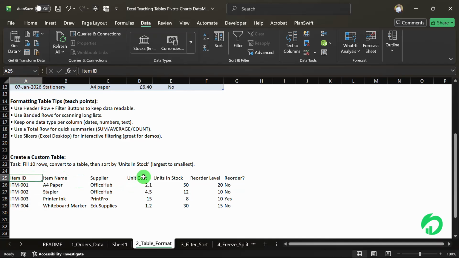If this column is talking about unit cost, everything under it should be your unit cost. If this column is talking about units in store, everything over here must be talking about units in store, so that you won't have things mixed up in the same column. These are the things you want to ensure. Once you name a column Name, everything under it should be a name. If a column is about phone number, everything under it should be a phone number, because